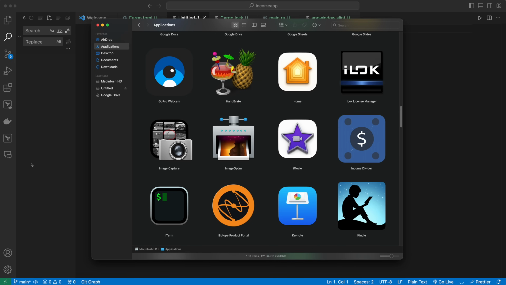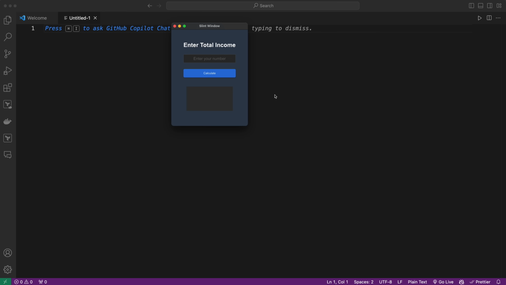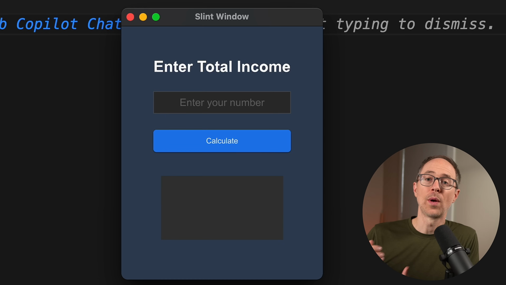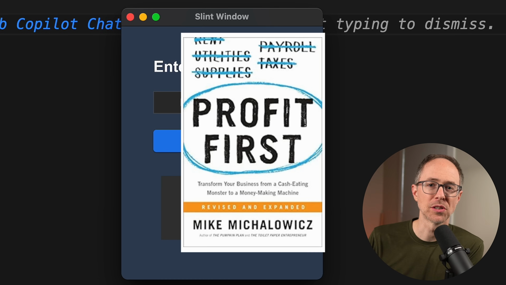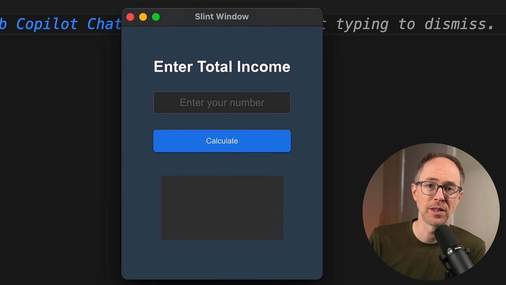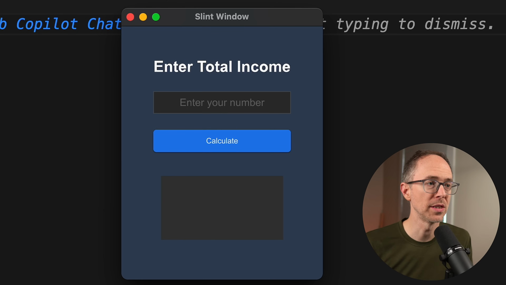So I built this little simple desktop app called Income Divider. And all it does, when I get paid or I receive some money in my business, I like to follow the Profit First methodology, or a modified version of it. And what I do is I take the money and I divide it up into 4 parts. So let's say someone sent me